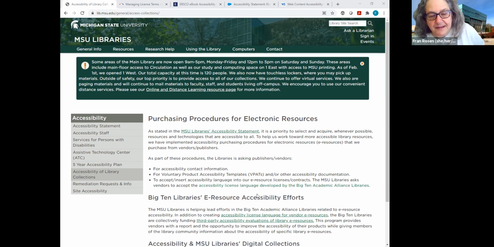And so when we're purchasing library resources, we can't really just say, oh, we're not going to buy it, it's not accessible, usually. I mean, you're right, that might save us money. But generally,